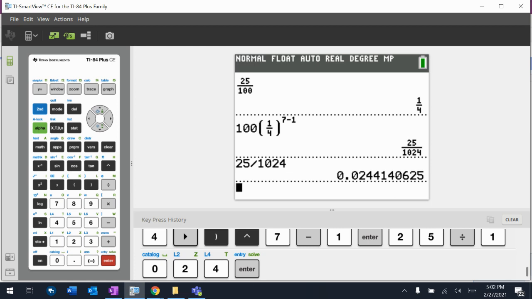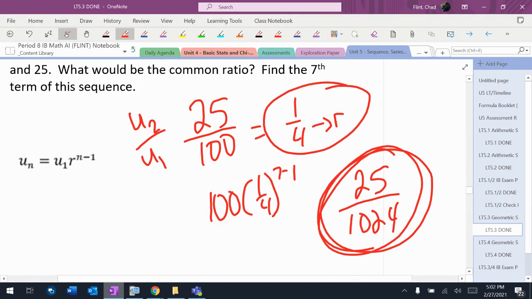If you're going to do a decimal, make sure that you use 3 significant figures, all right? But the numbers will get very large very quickly and very small very quickly. So be on the lookout for that and don't just say, that's too small, it's got to be something else, and then redo it a different